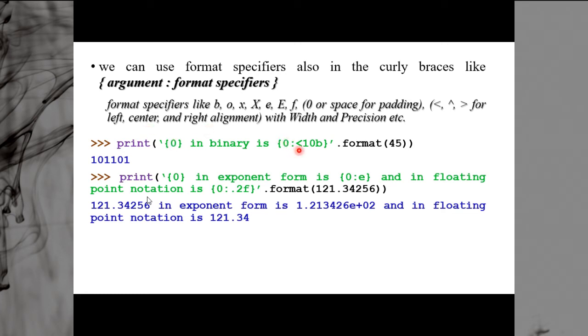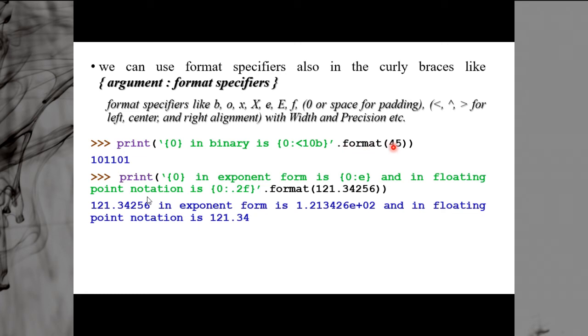And you can see three different things. I'm using a less than sign, I'm using a 10, and I'm using a B also. Here B stands for binary. It means I want to print a binary number here. First thing. Second thing, the width of the binary number will be 10. And the third thing, the number will be left justified. So the output is not exactly what is written here. It will be somehow different.